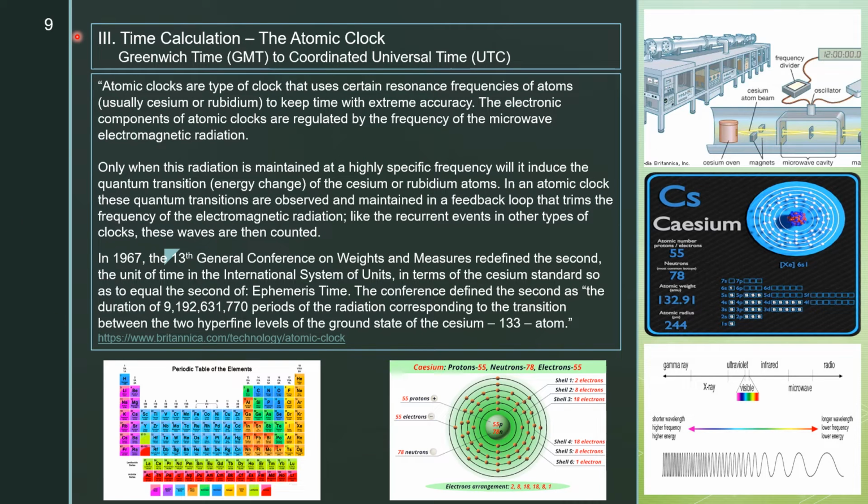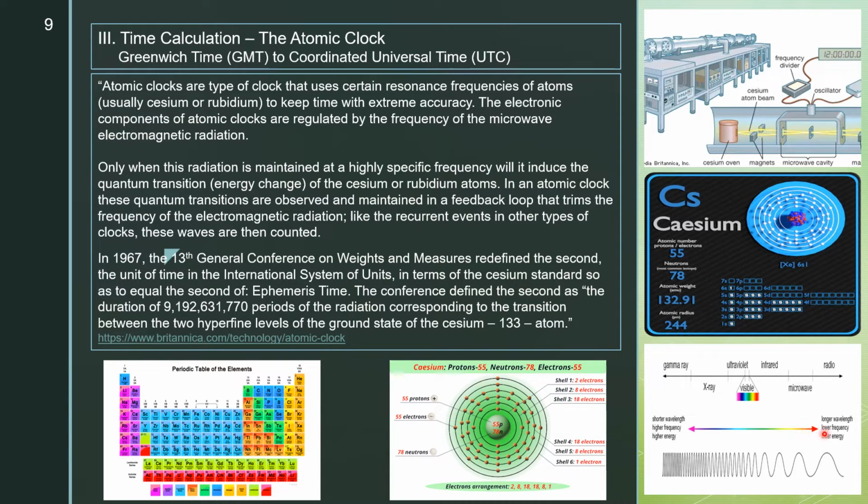Section 3. Time calculation, the atomic clock, Greenwich time GMT to Coordinated Universal Time UTC. Atomic clocks are a type of clock that uses certain resonance frequencies of atoms, usually cesium or rubidium, to keep time with extreme accuracy. The electronic components of atomic clocks are regulated by the frequency of the microwave electromagnetic radiation,